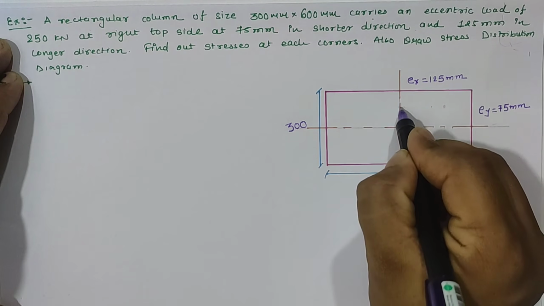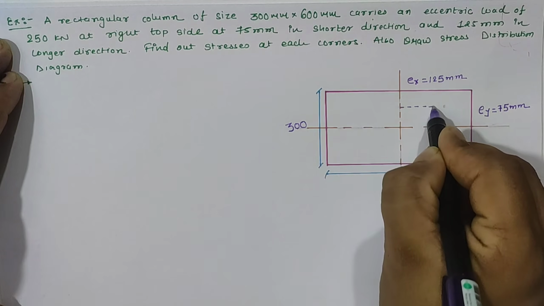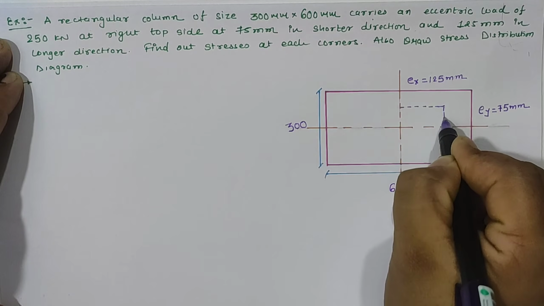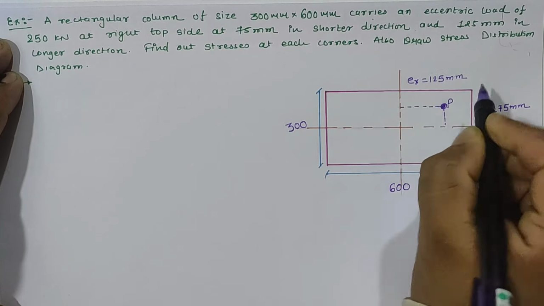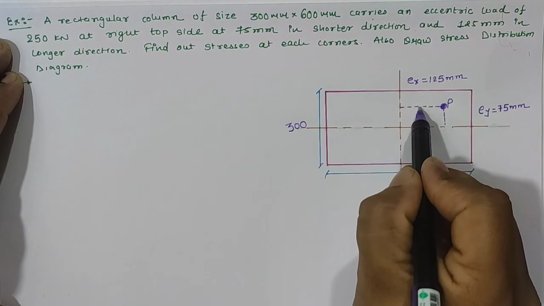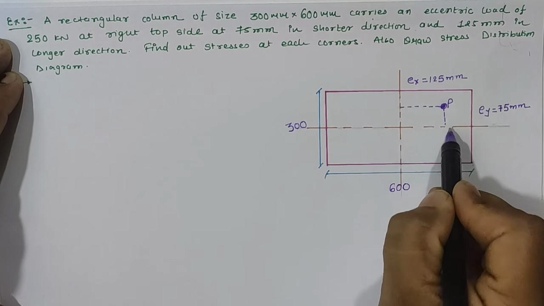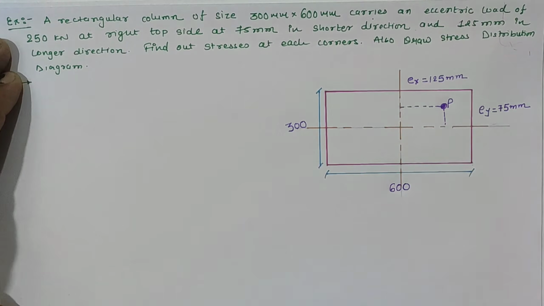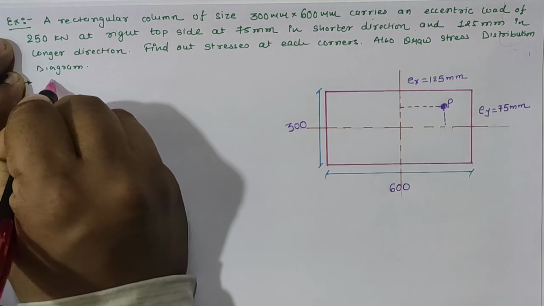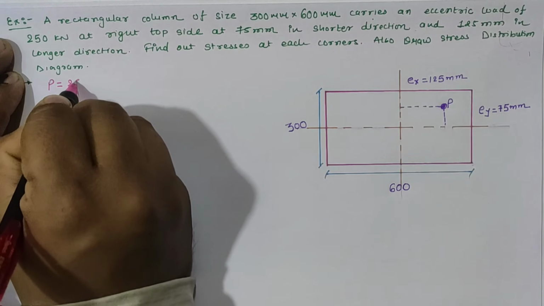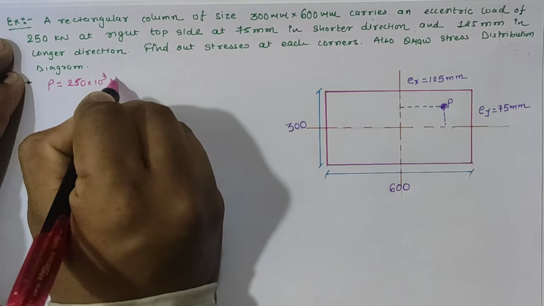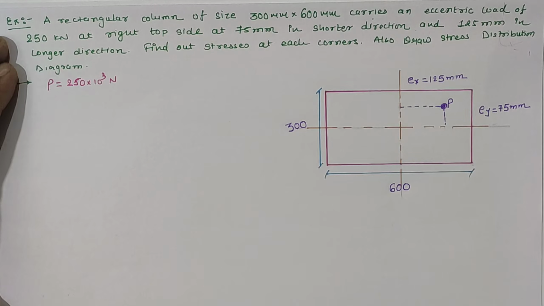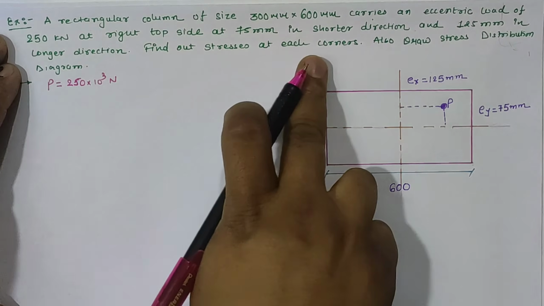It means our application of loading is in between the top part as a point P, where eccentricity in x direction is 125 while y direction is 75, and we have given the eccentric load P as 250 into 10 raised to 3 in terms of Newton,